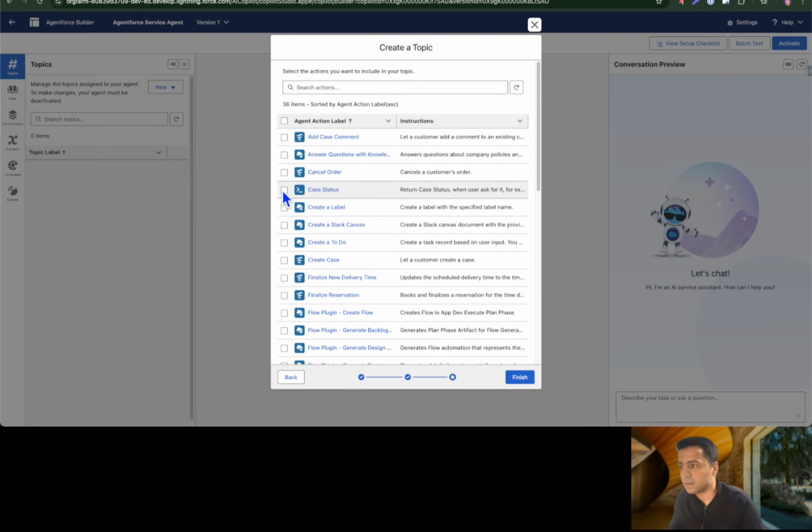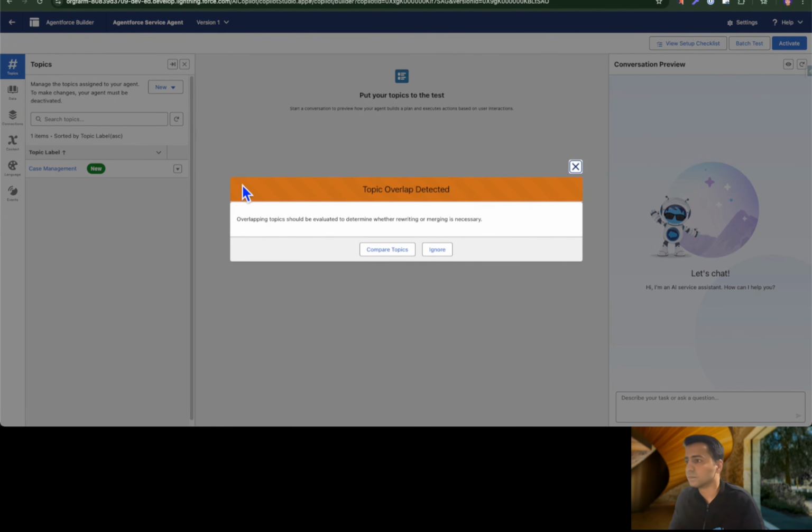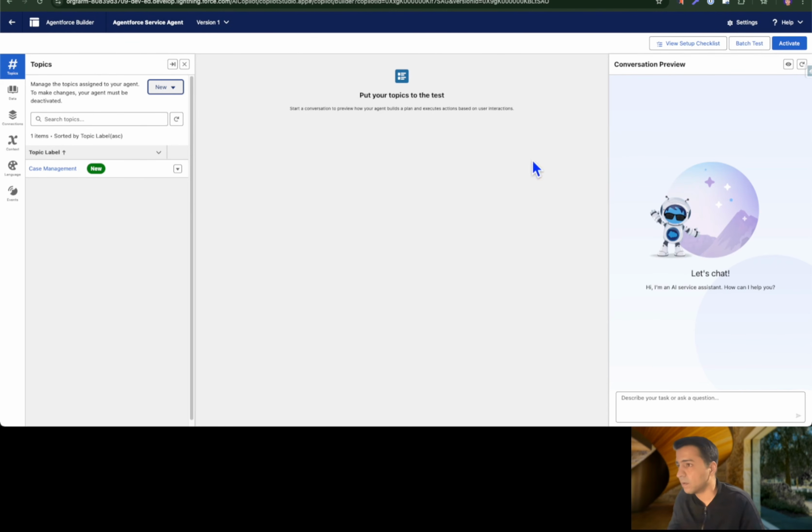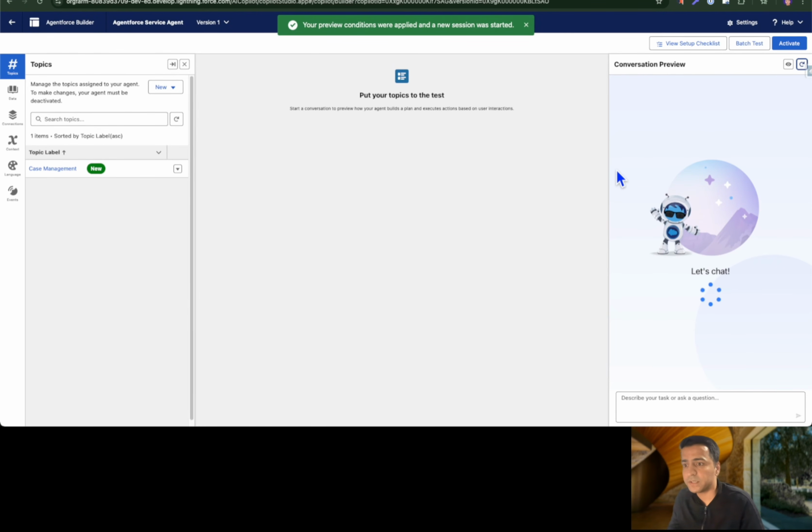So this is my custom action case status, which says return case status, and then finish. Cool. So it says topic overlap detected because we already have a case management and I didn't use that. That's why. So that's fine. Ignore. Let's refresh,